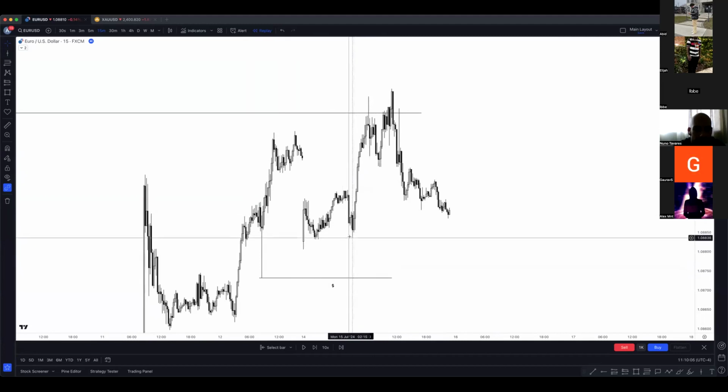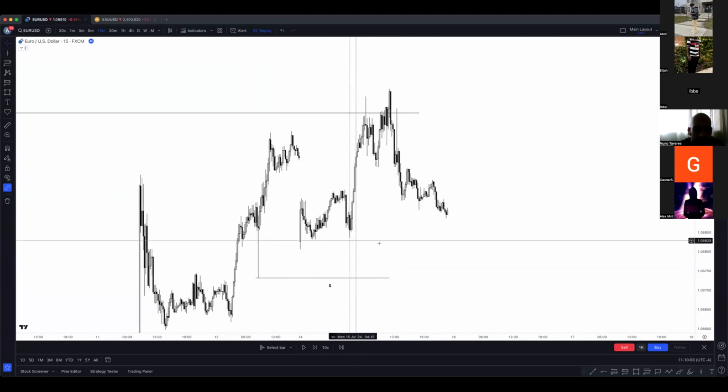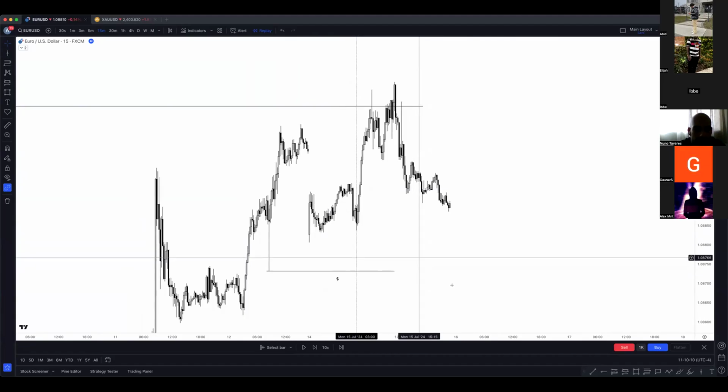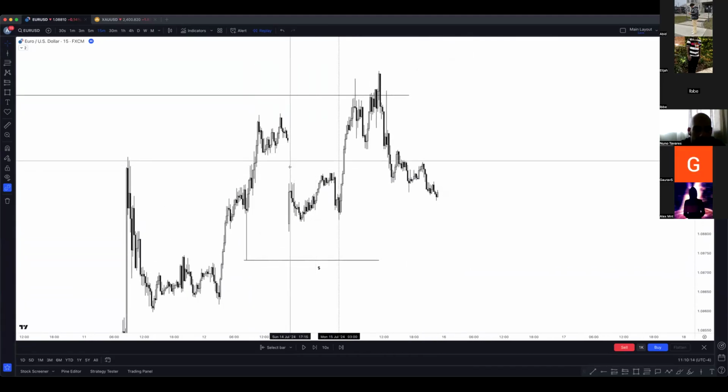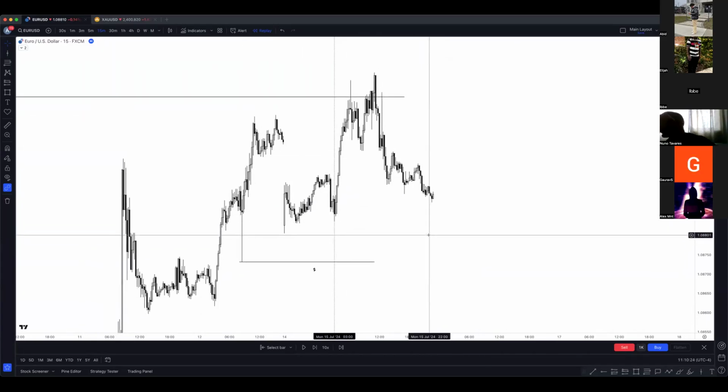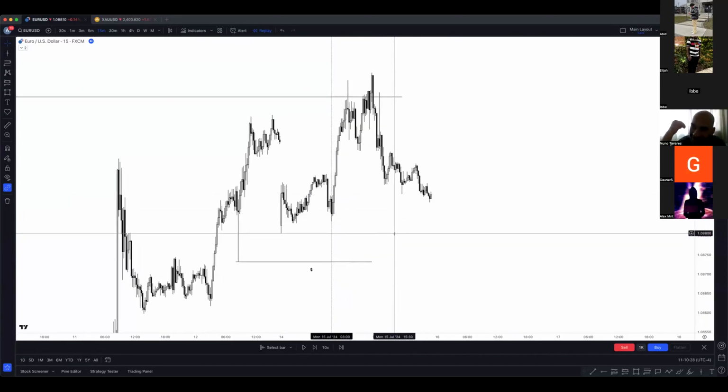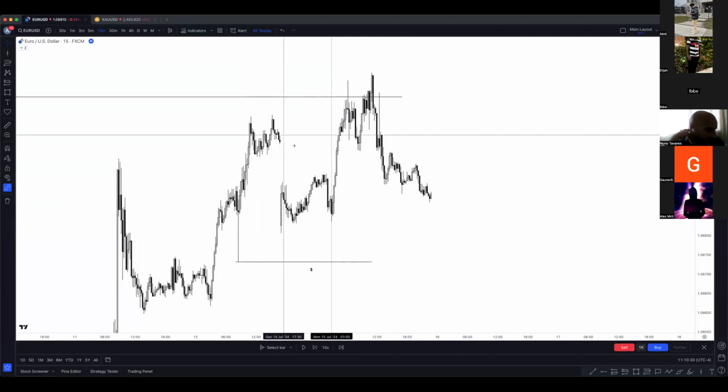I wouldn't be looking for anything here, only because the market just opened, had this huge gap, and there's not much price action to go off of. Also, it just took out this high to the left, so trading from here would be essentially with retail, right? All right, so